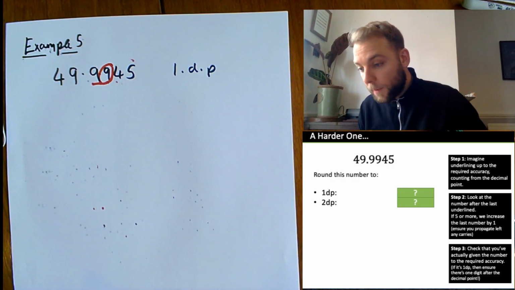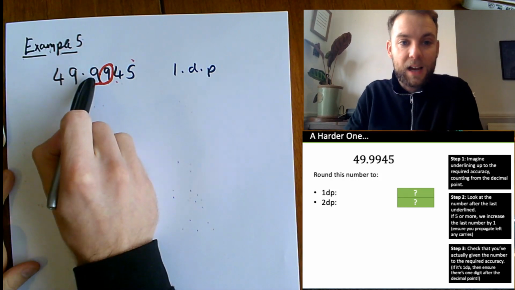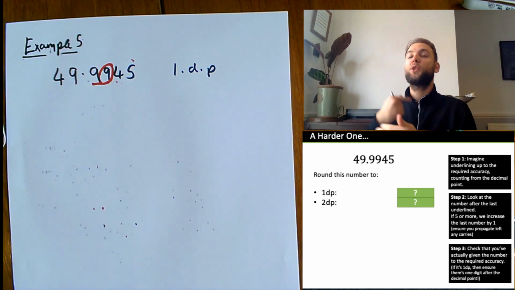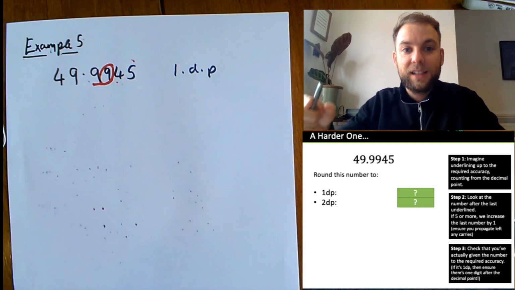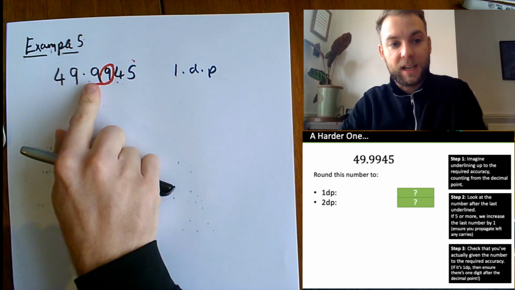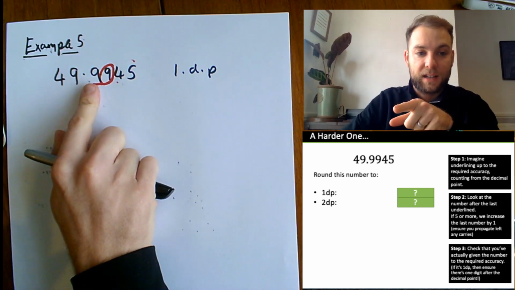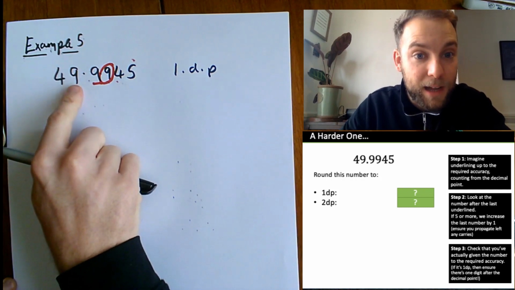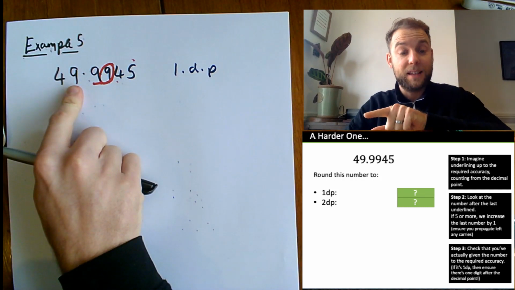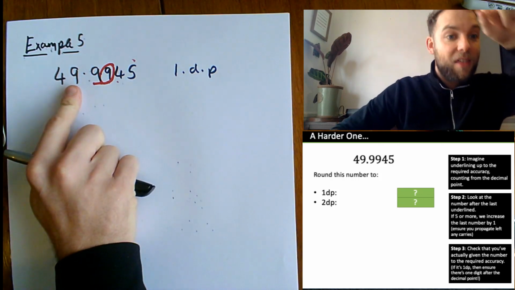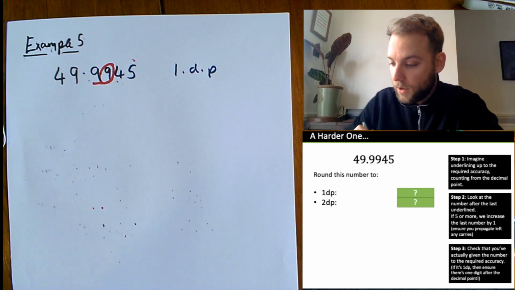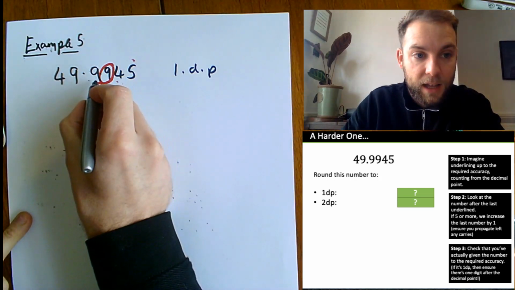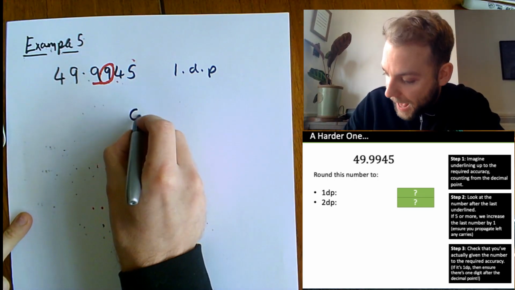Now the problem I've got is that this number here, if I round up, I need to increase that number. But that there, I can't increase 9. Increasing 9 is going to be 10. So that's going to become 0, and then I put a 1 over to the other side. If I increase this by another 1, that's also going to be 10. So I need to put a 0 there and add 1 to this one. So this one here is going to go from 9 to 10, which means I need to